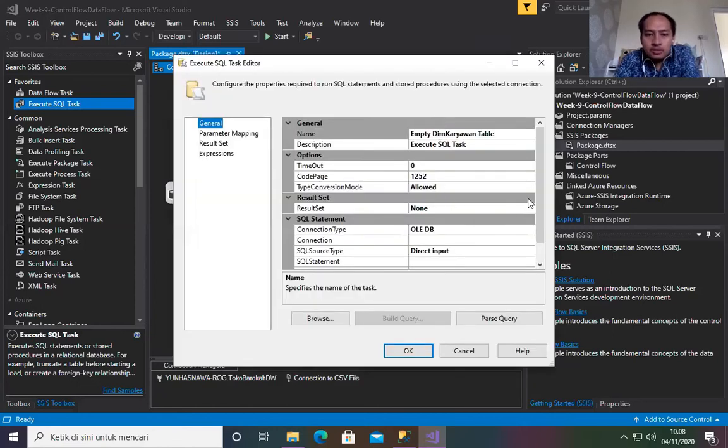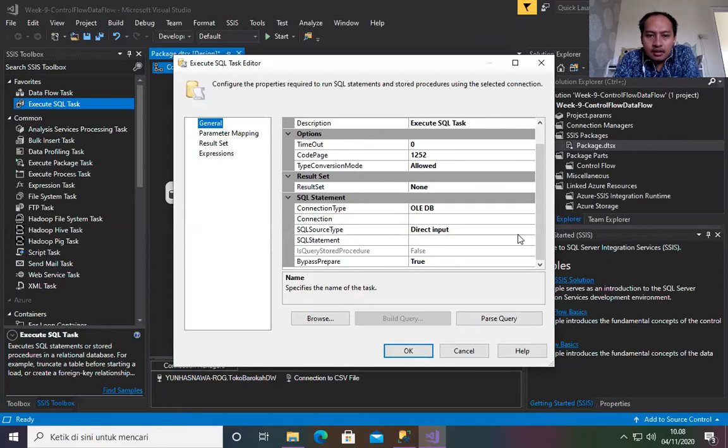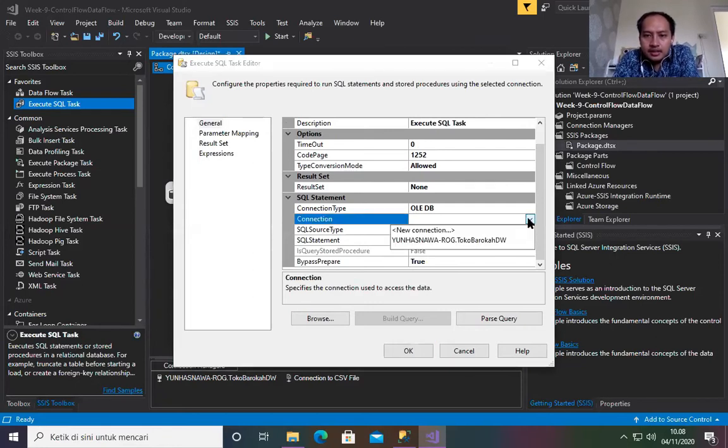So we define our connection manager here, because the table is located in the same database, our Toko Barokah DW. We don't need to create a new connection manager, so we can just reuse our existing connection manager.